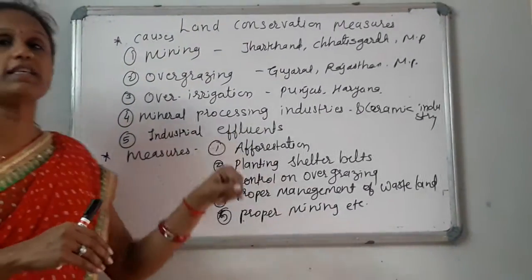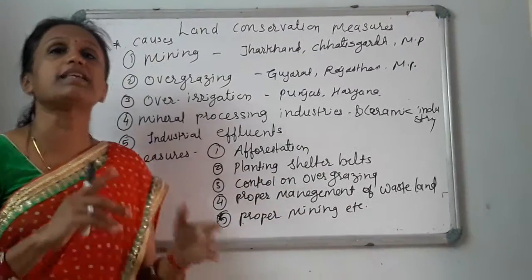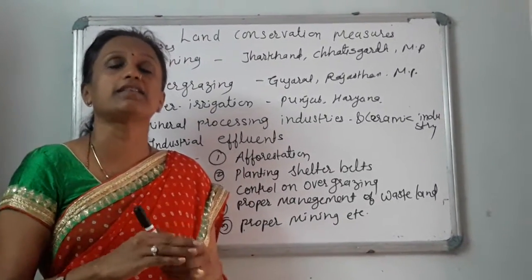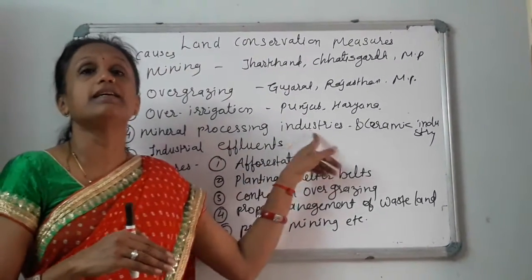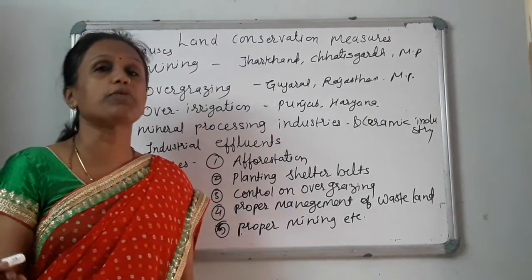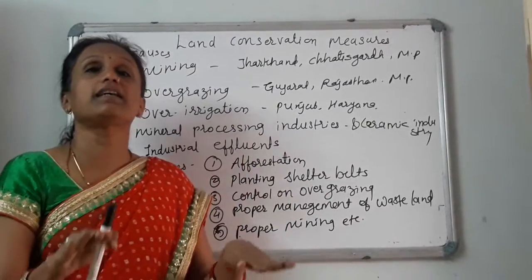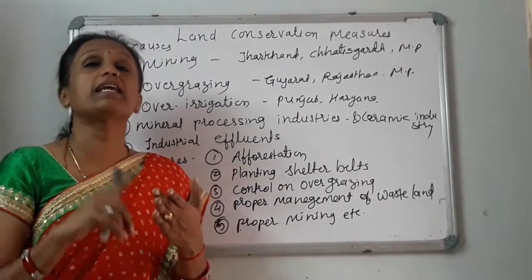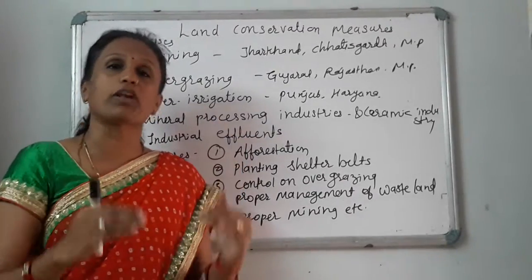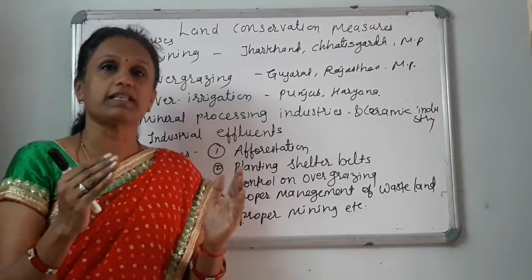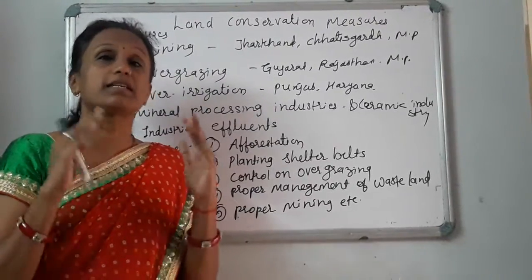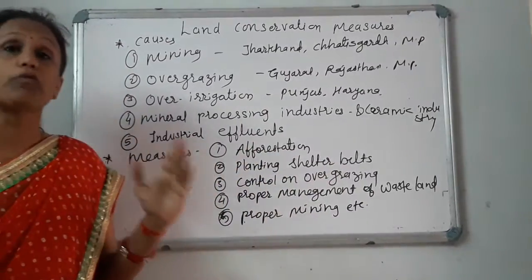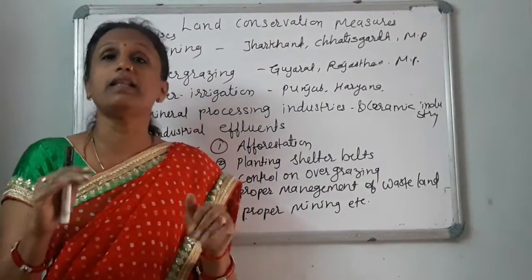Now, mineral processing industries. Some of the mineral processing industries like the cement industry and ceramic industry also cause land degradation. When these industries release a lot of dust into the atmosphere, that dust settles on water bodies and causes water pollution. Infiltration of oxygen into water bodies is retarded, वो कम हो जाता है, and as a result aquatic animals suffer from the low oxygen level. Some of the animals die. So this is about water pollution, but let us see about land degradation.